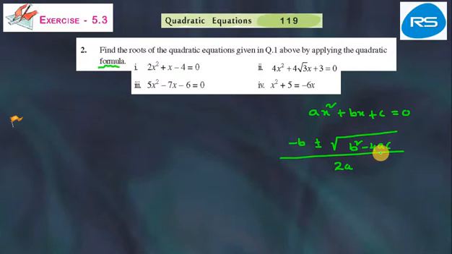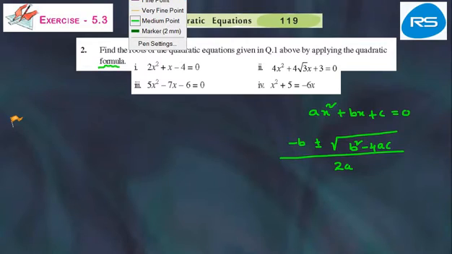This was already derived in the earlier classes. You also know that very well. So you remember this: minus b plus or minus square root of b square minus 4ac by 2a. Now this will apply for each and every question. Now if I take the question,